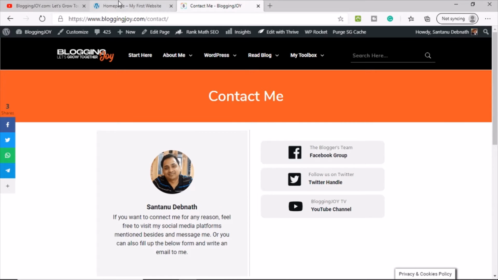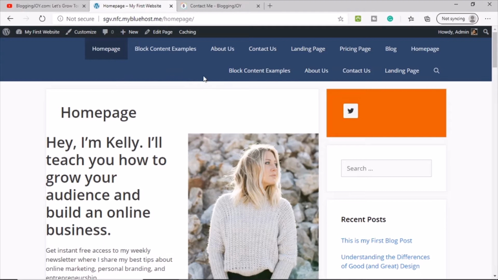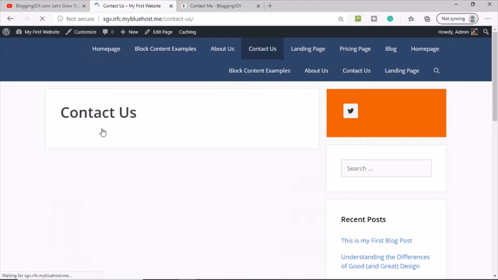Now let's get back to the topic. So how can we create a contact form on my WordPress blog with the help of a free plugin? First of all, this is a dummy website, and on this website I have created a page called Contact Us page. You can see that, but the page is empty right now. So what we need is to put a contact form so that somebody can provide details and they can send a mail to us. So to do that, let's go to the WordPress dashboard,